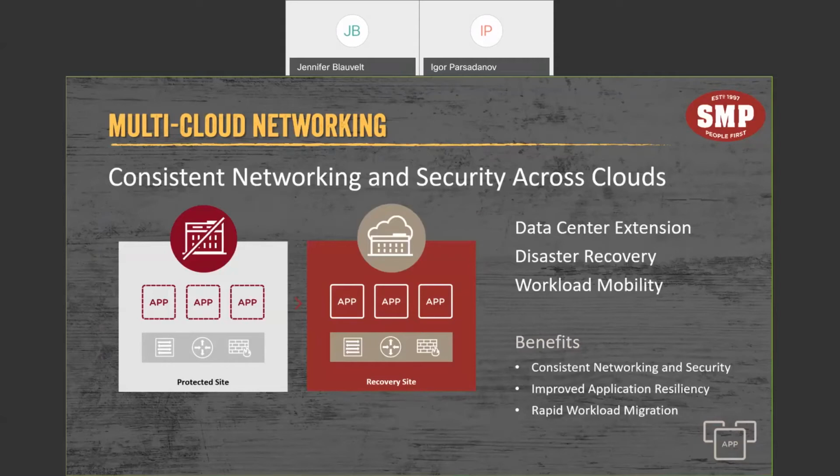So recovering an application to a secondary site usually requires the network to be recovered. And NSX does this in software, reducing the RTO and the cost of downtime. NSX also brings you the ability to start doing layer 2 over layer 3, pulling data centers together as if they were a single location. It allows you to deploy apps anywhere and improve availability, and also increases the utilization of the underlying hardware.